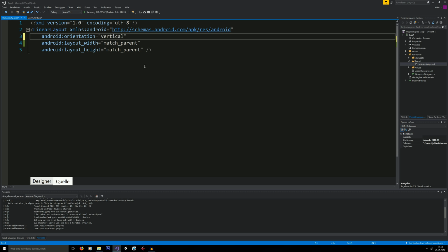Okay, we gotta know how to put a child in there. And what kind of children do exist? There's a lot of things that can exist. We could probably put another layout into our layout. We could put an image button inside that layout, or we could